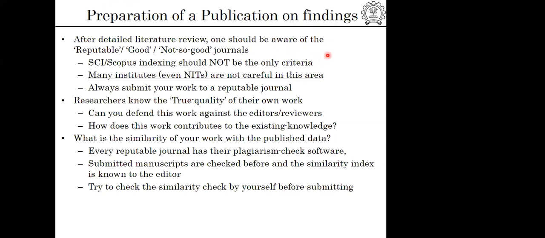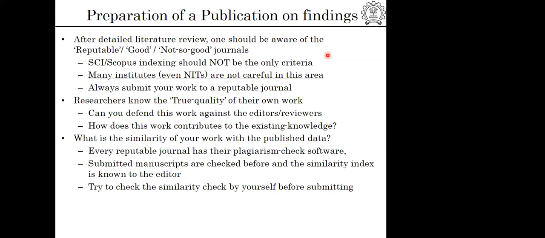After carrying out a detailed literature review, you should be in a position to find out whether a particular journal is good or not. There are very reputable journals. For example, I am from the mechanical engineering manufacturing field, and in our field, as some of you might know, Journal of Material Processing Technology is very good. Journal of Manufacturing Process is very good. ASME journal is very good. International Journal of Machine Tool and Manufacturing. These are journals with a very high impact factor,